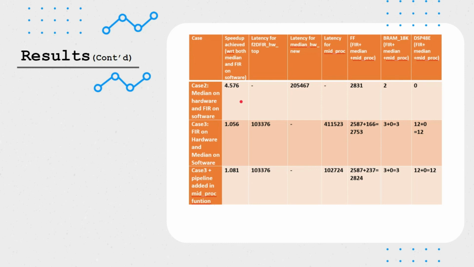While the 2D filter is completely the same, the key difference is the streaming access of data. That is, at every cycle the data is accessed and processed. Here in case 3, when we compare with the case 3 second row, the difference is the usage of the pipelining pragma, which also resulted in a not significant, but yes, improved speed up factor. So in the latency, we can also notice the improvement.